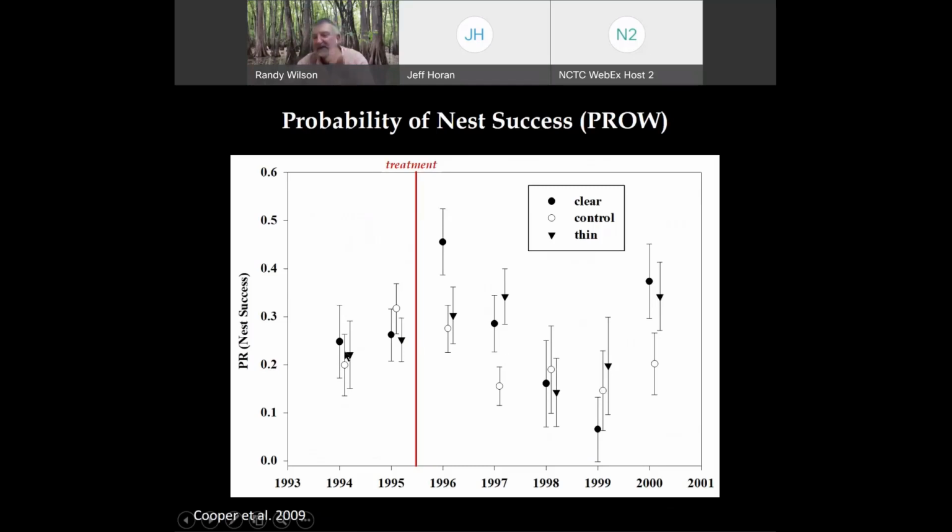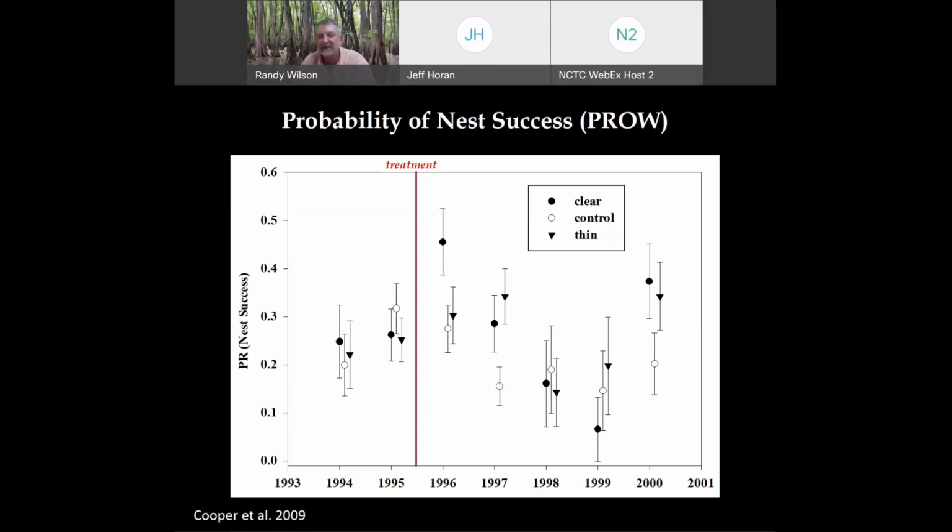The take home here is notice how close everything's kind of grouped together. Every now and then they kind of spread out a little bit. The other point, the clear is the controls. Some years controls are higher, some years controls are in the middle, some years controls are lower. But the take home from all of this, almost 10 years of study, was in this system,